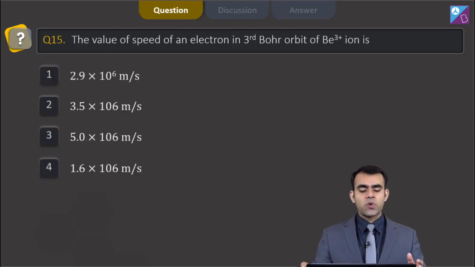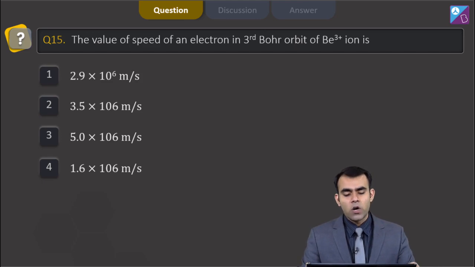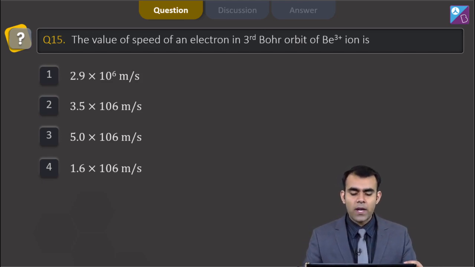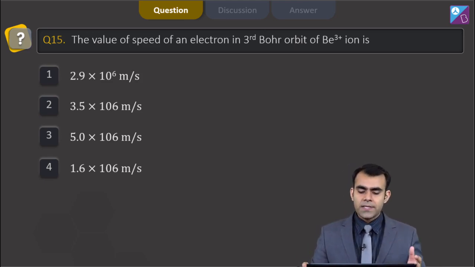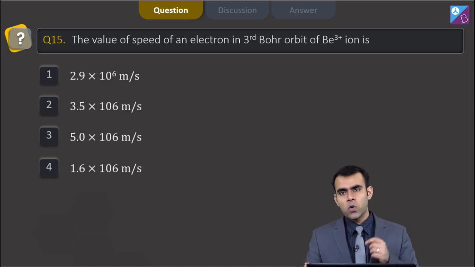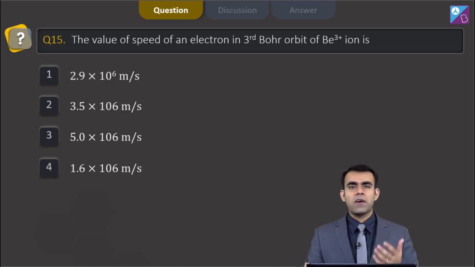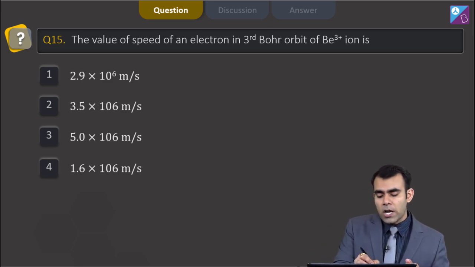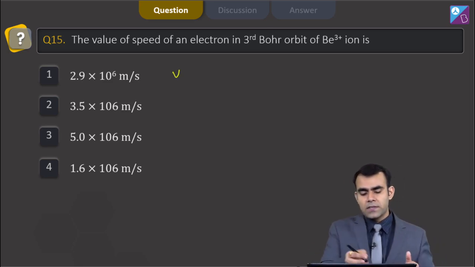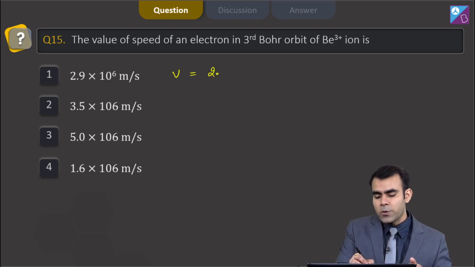Now my next question is question number 15. The value of speed of an electron in third orbit of Be3+ ion is. Now for JEE perspective also, this Bohr model is very important, and we know we get radius, velocity, energy from this Bohr model. Now the formula of velocity that we have obtained is simply 2.18 × 10^6